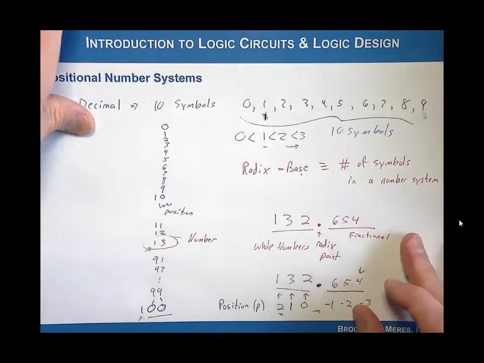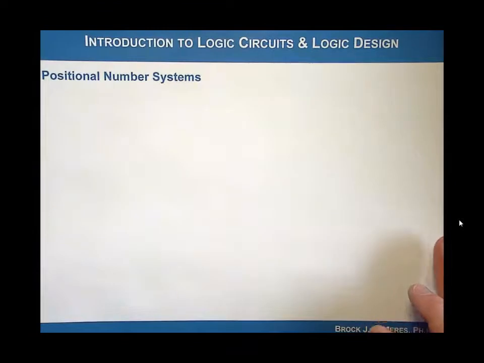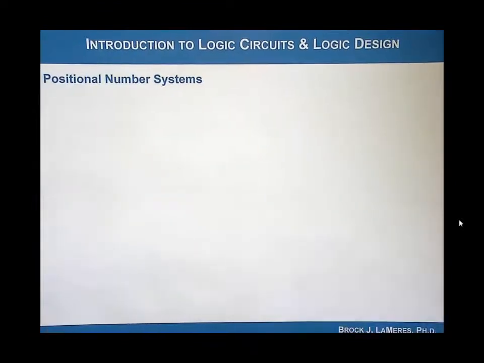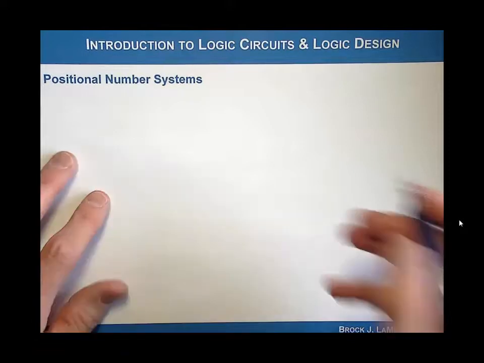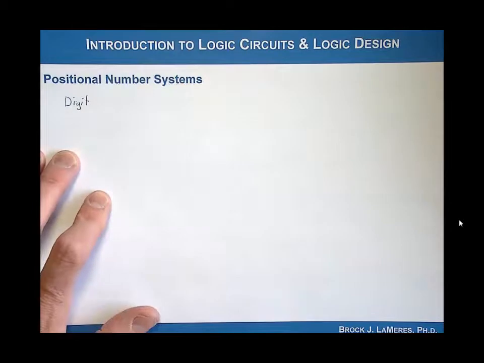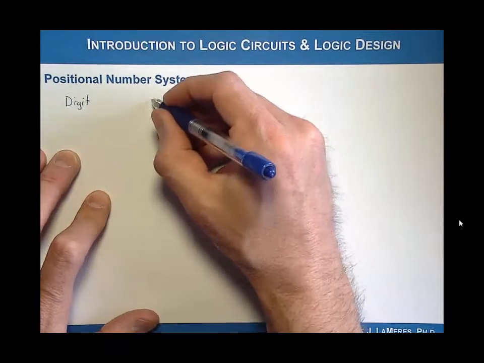Okay, so some other quick terminology, and then we'll look real briefly at some number systems, the most common number systems. We can use this concept of digit notation. A digit refers to, in general, a particular symbol within a number. So for example, if I had our example again, I'd say